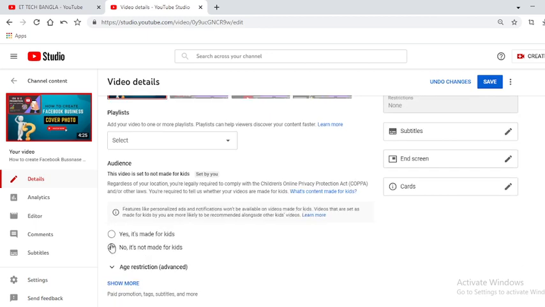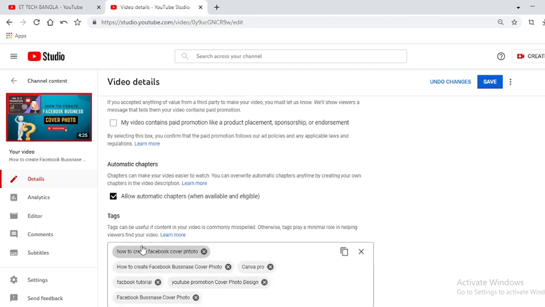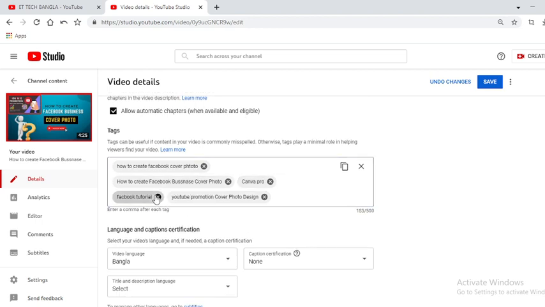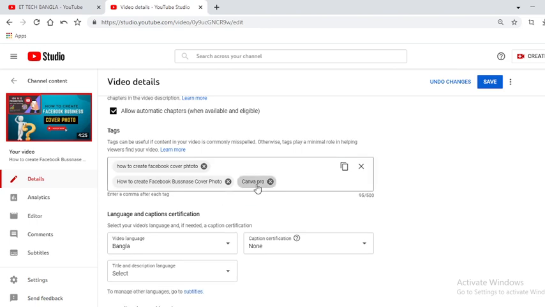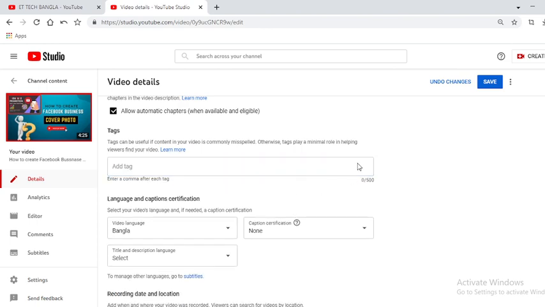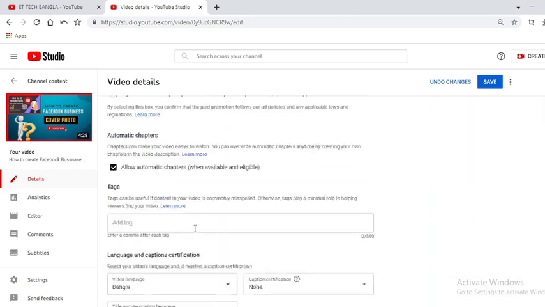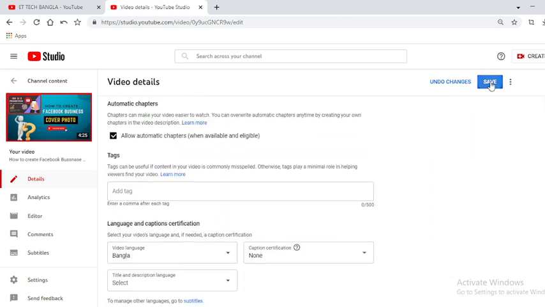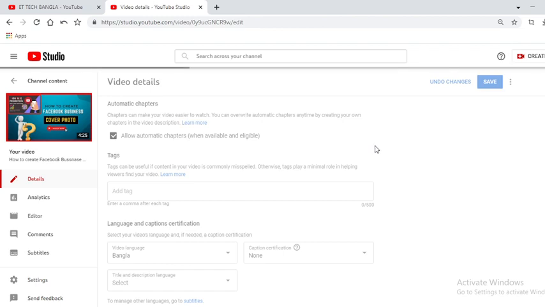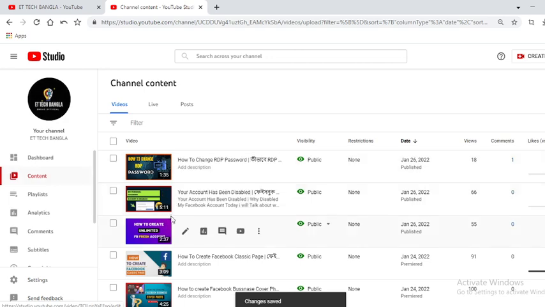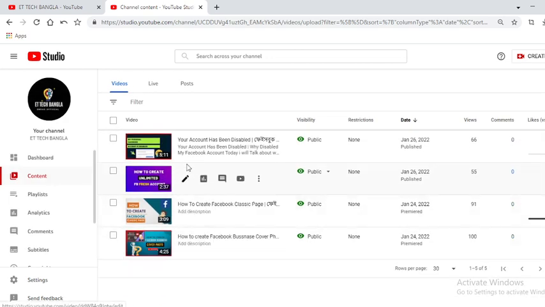Okay, then show more and text it how to create Facebook cover photo, how to create, then delete. Just okay, no title, no description and no tag. Okay, the same. Okay, then second video, same edit, and then second video,